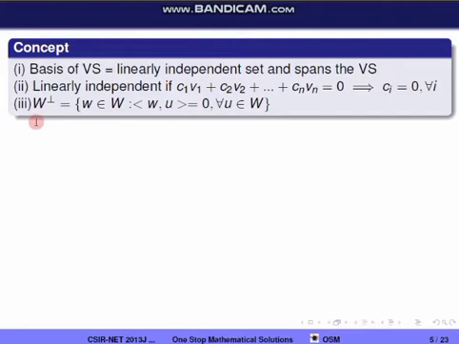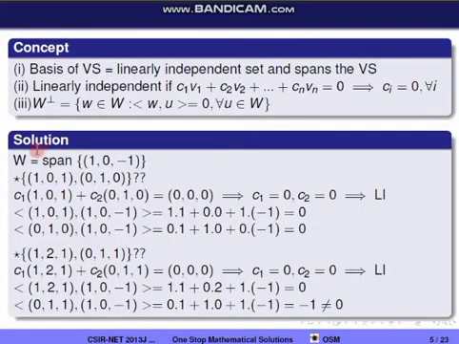And if W is a subspace of Rn, then the orthogonal complement of W, denoted by this notation, is the set of all w in Rn such that the inner product of w and u is equal to 0 for every u in W. That is, the orthogonal complement contains all those vectors orthogonal to W. Now we'll move on to the question. In the question, W is spanned by the vector 1, 0, minus 1, so I'm writing W equal to span of 1, 0, minus 1. We have to check which of the options form a basis for the orthogonal complement of W.